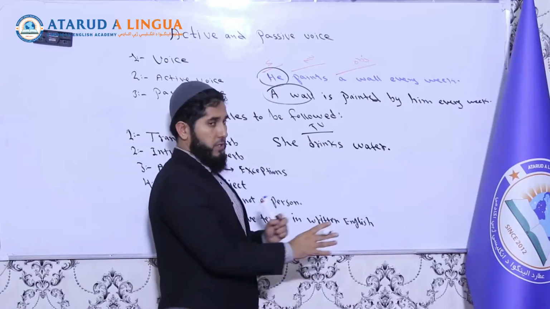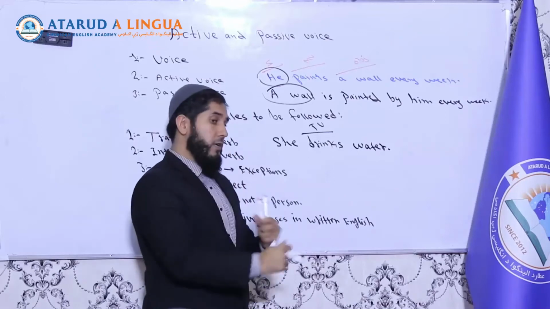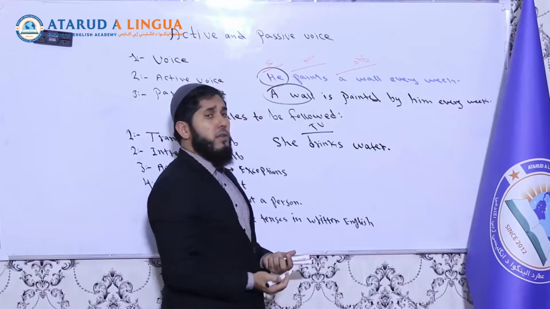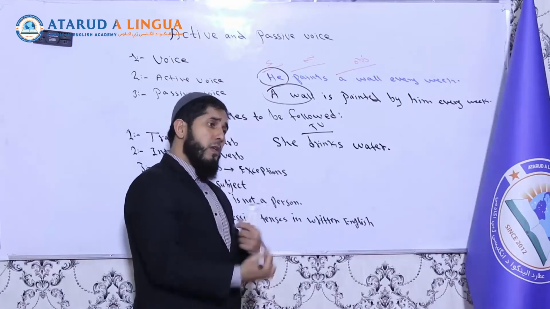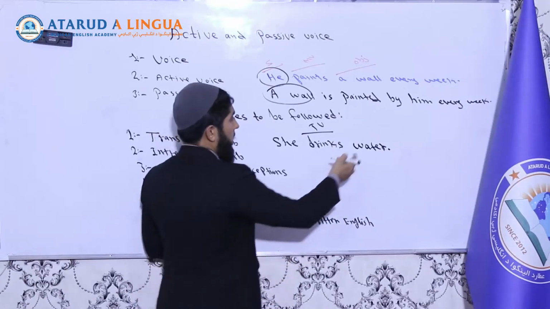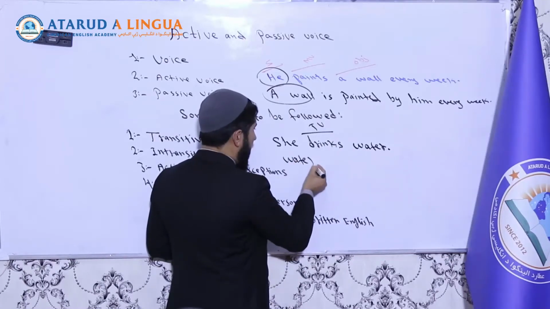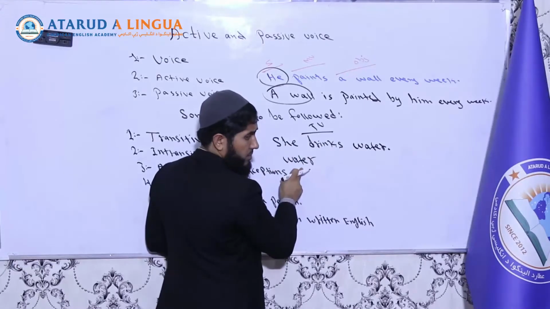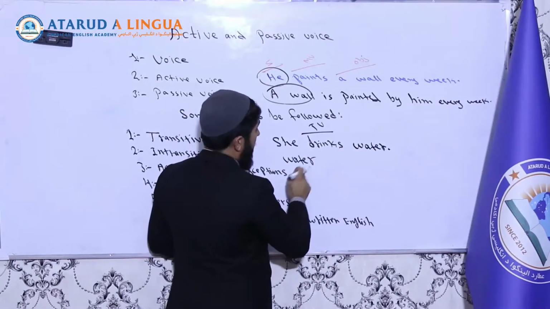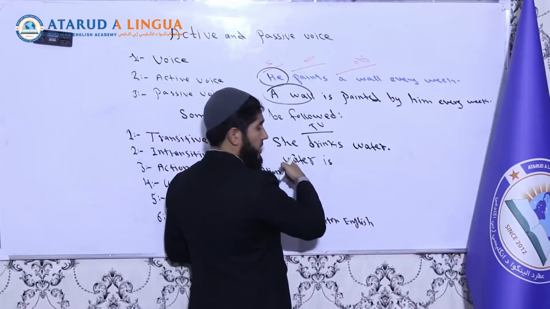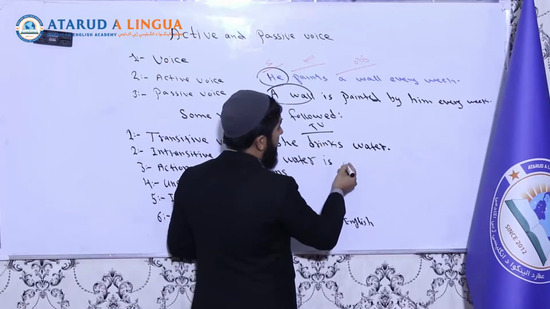Okay? Some verbs can take two objects. So that is called double transitive. Now, this kind of sentence can be turned into passive voice. So, the object of the active sentence becomes the subject of the passive sentence. Water. And then we need a to be verb according to the tense and according to the subject of the passive sentence. Water is. And then the main verb should be